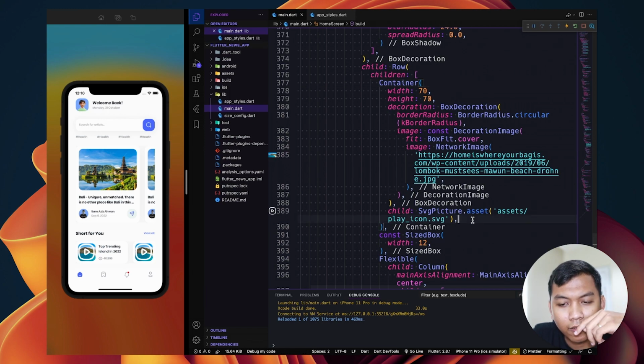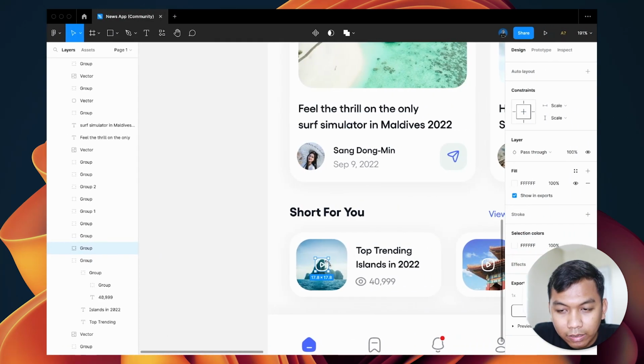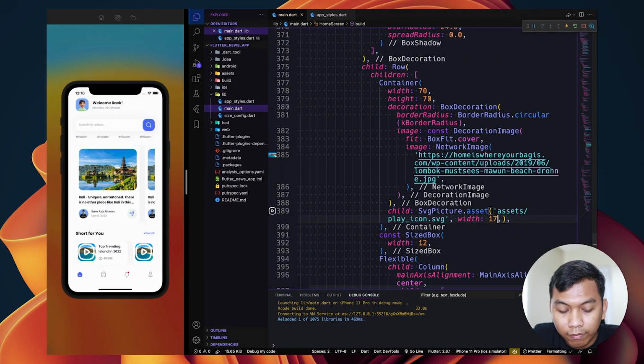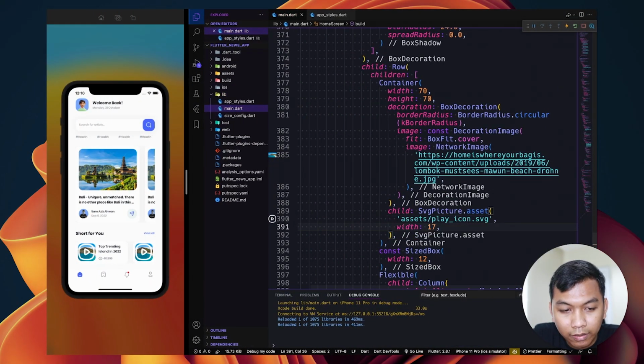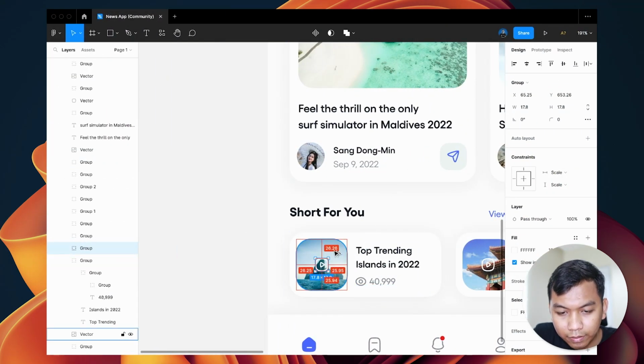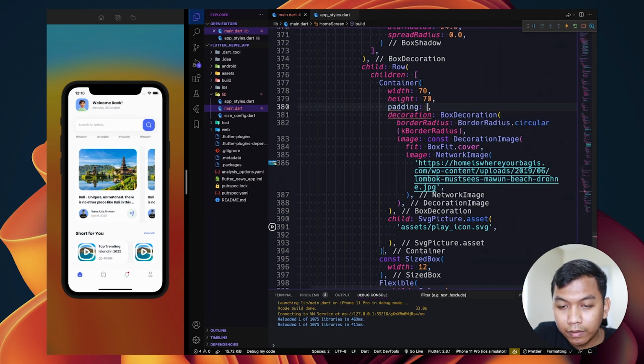and we need to maybe set the width will be 17. Or we can push using a padding here.